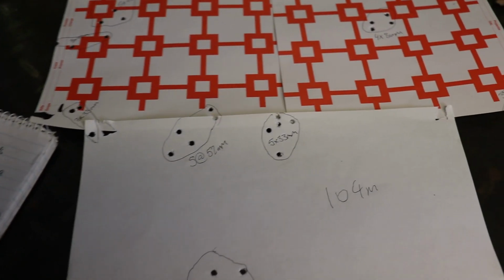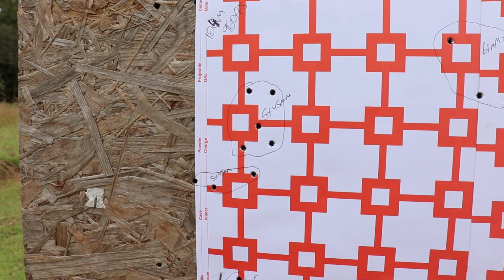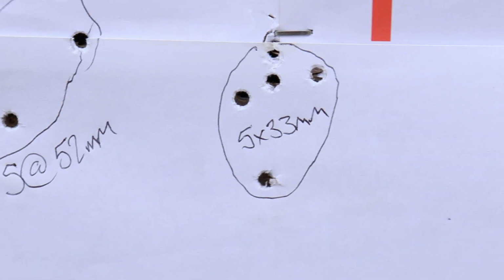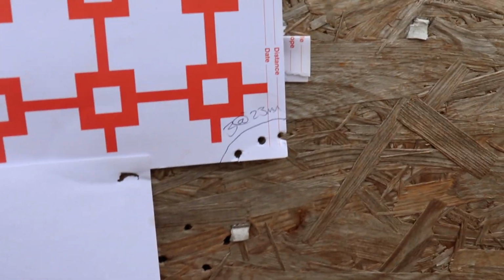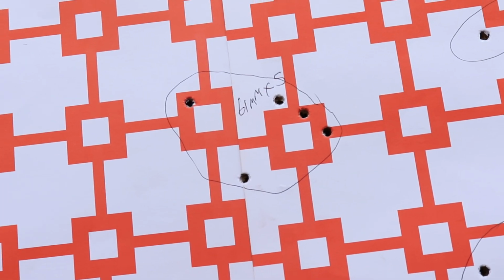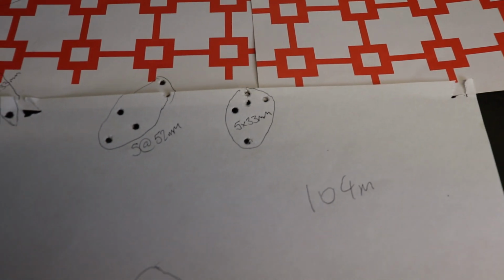And finally we have today's groups. So I measured all of these. You can see the paper overlaps in a few spots and there's a few sort of half off. But yeah, this is today's shooting, and it didn't do too bad. So average group size on these, bust out my steel ruler, there we go. What are we looking at here? Roughly 2 inches for most of these, 50mm, maybe a little bit less. And there's a few much nicer groups like this one here at 33mm, so an inch and a half at